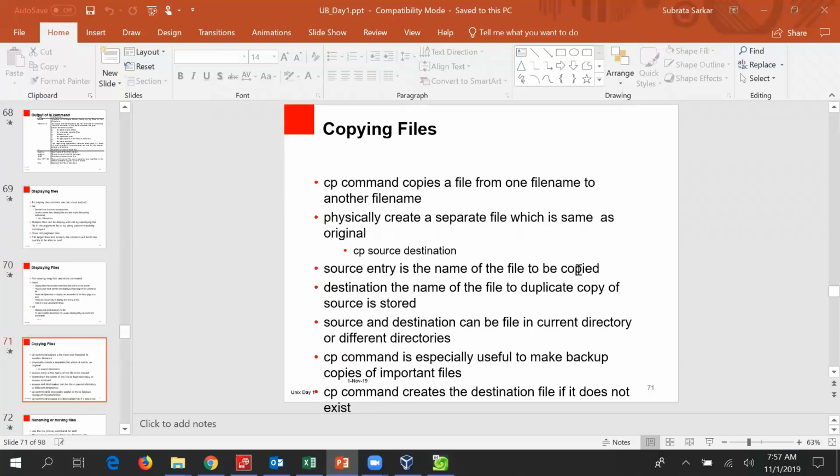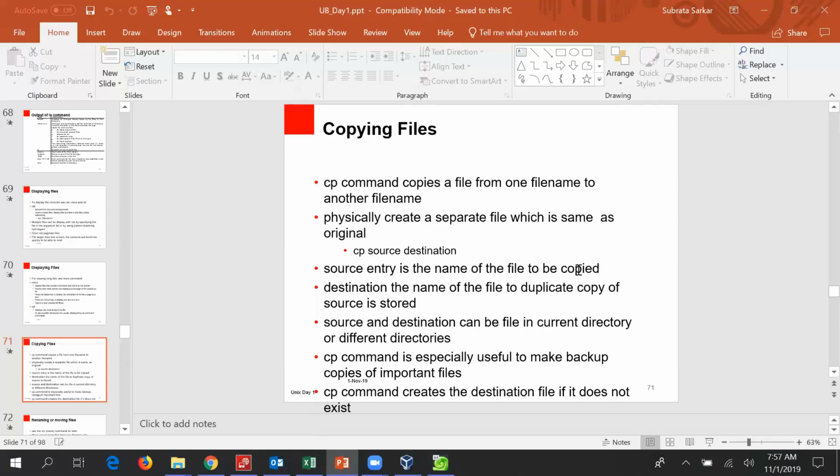Copying files. cp is the command for copying files from one place to another. It physically creates a separate file which is the same as the original file. So you give cp, source, and destination. That way it will copy the file from the source to the destination.